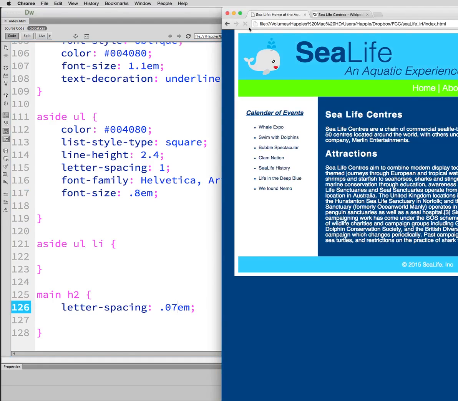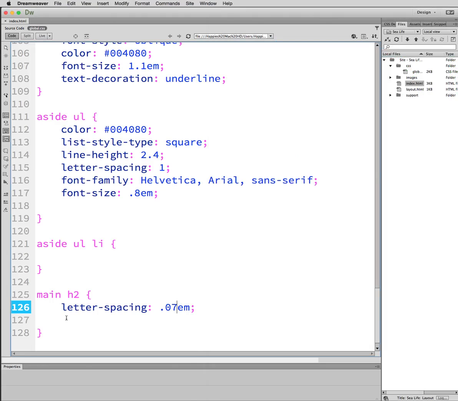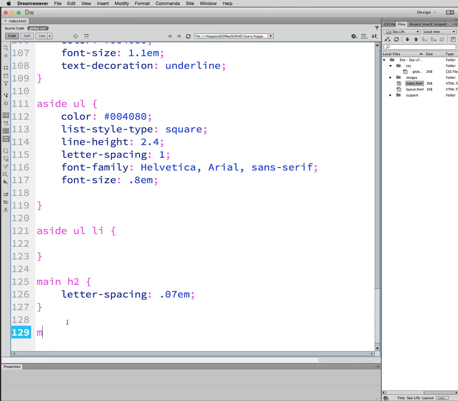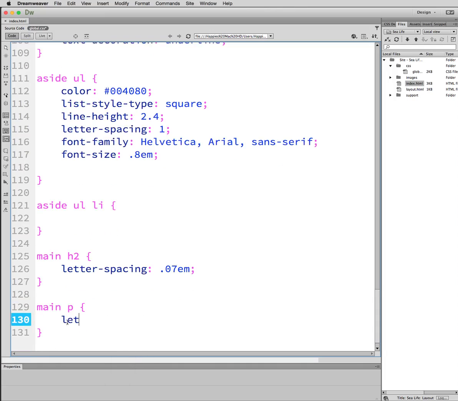Alright, happy with that. Now we have some craziness happening with our text inside of main where it's jumbled up on each other. So I feel like it's too close. It needs some line height, and I think it also needs some letter spacing as well as word spacing. So let's target our paragraphs that are inside of main. Let's give it some letter spacing. Let's try 0.5 EM, and then let's try line height